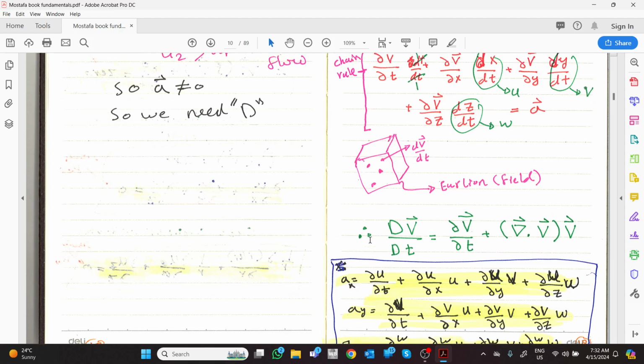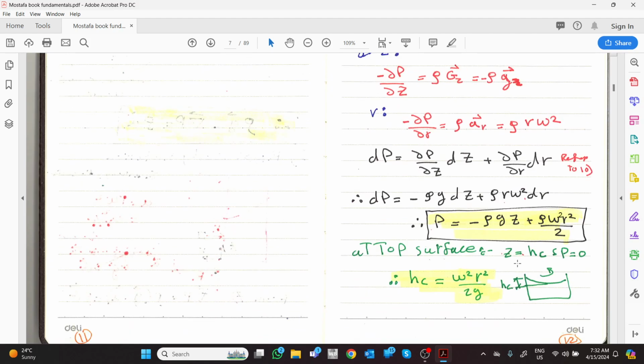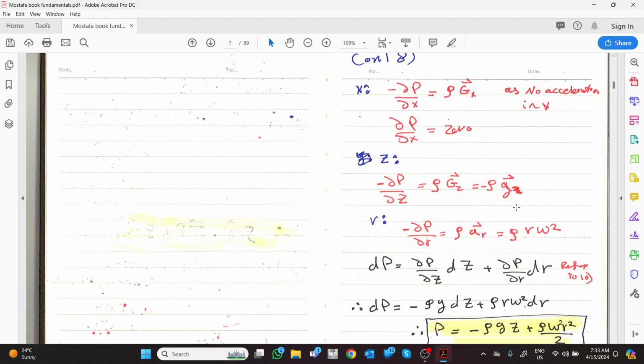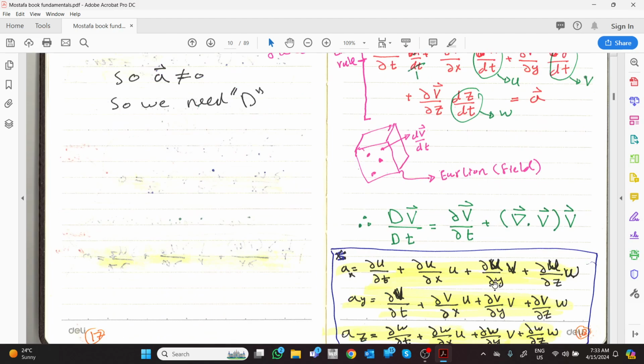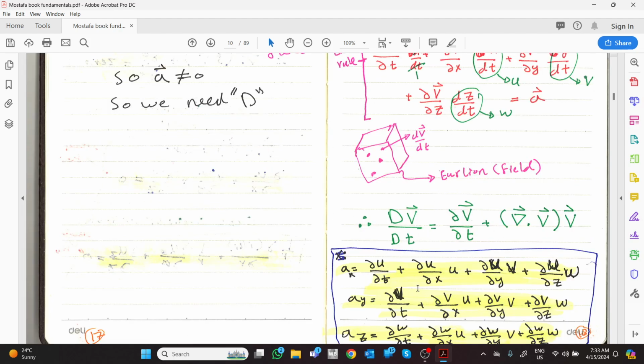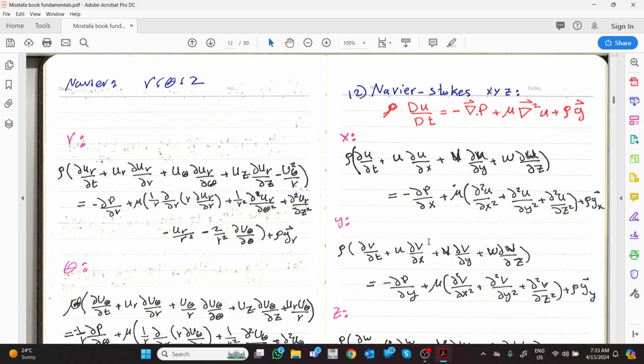So we can replace the acceleration term here, and we can write the lengthy derivation that we have done. So of course this one is in xy coordinates and this one in cylindrical coordinates. Same concept we discussed before. What are cylindrical coordinates? So if we're going to go to the Navier-Stokes equation, in the Navier-Stokes equation, we just added